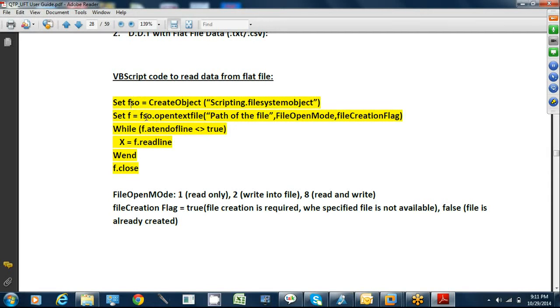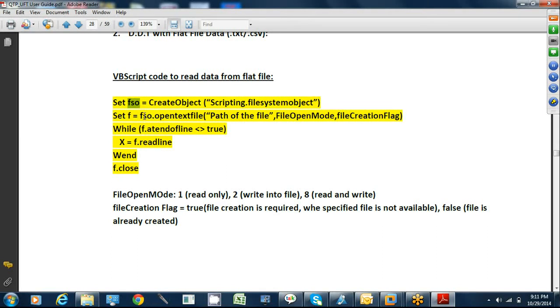Using this name, I am invoking a method called OpenTextFile. For simplicity, I am putting FSO just for the sake of understanding. FSO means file system object, so it's understandable. Otherwise, whatever is on the left side of the equation can be anything, ABC, XYZ, but put it meaningfully. The naming convention should be meaningful, because somebody else reads it, and they should be able to understand it.